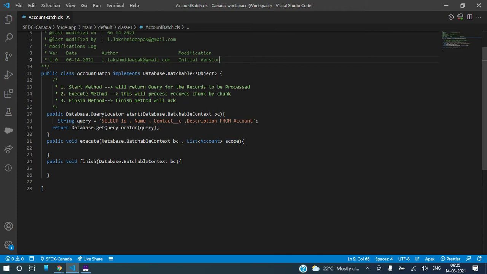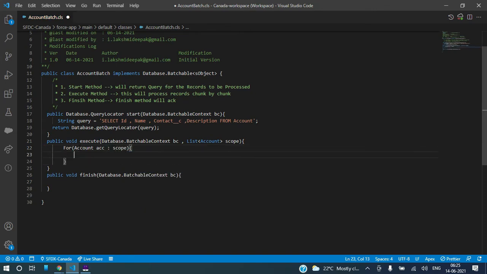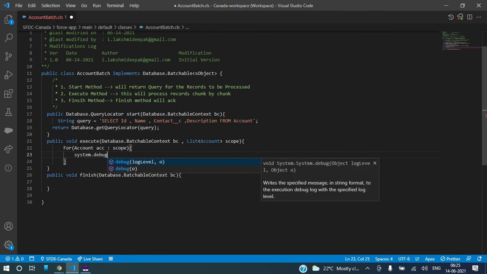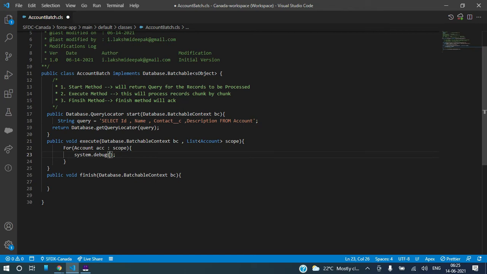Here scope will get the account details. Let's say, for a simple example, I'm saying for account ACC colon scope, because my collection I have here is scope. Let's say system.debug account name colon plus acc.name. Now in finish method I'll write